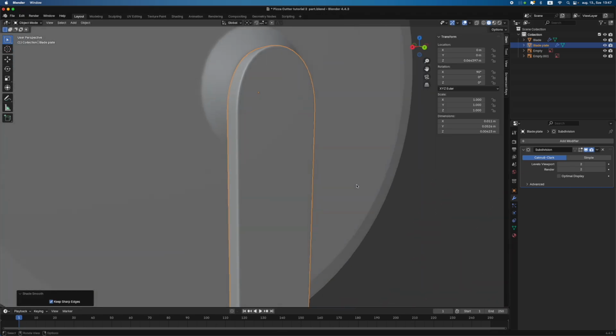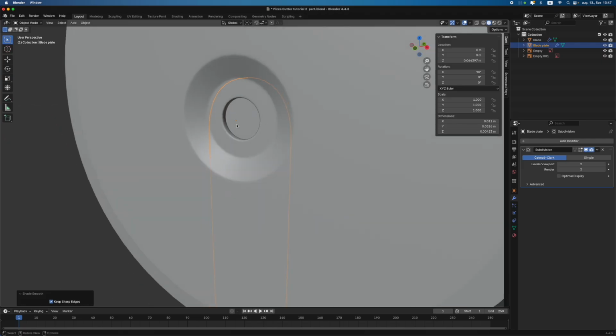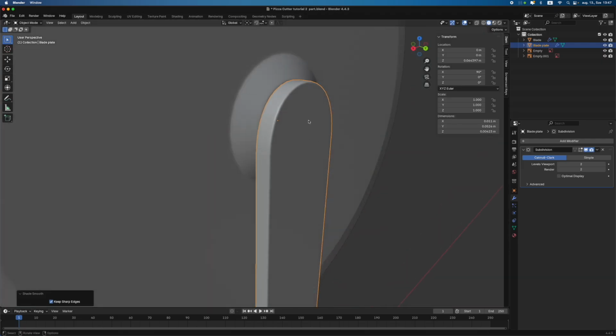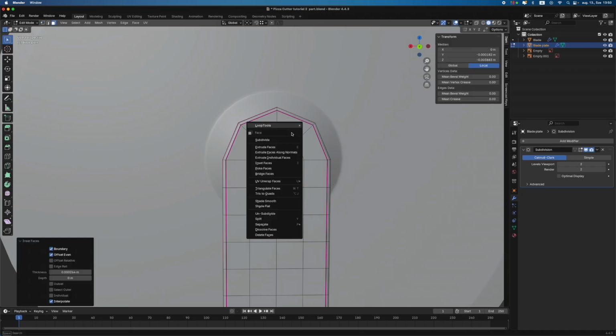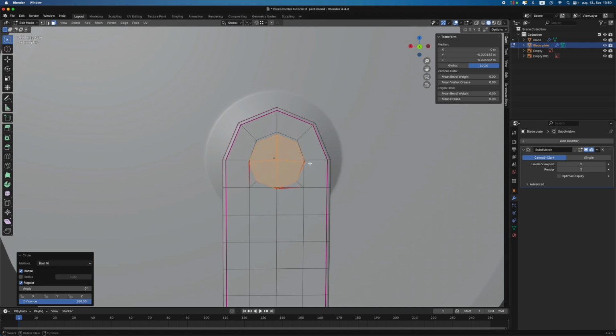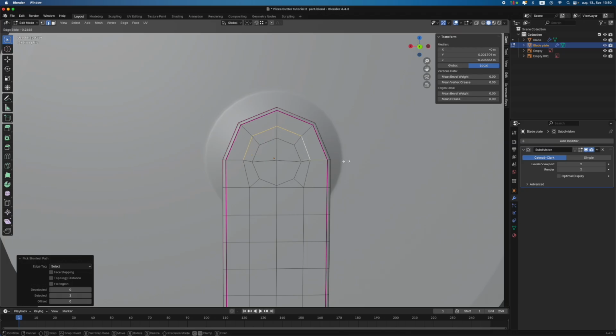But I noticed we made a mistake. We made a hole here, but we didn't make one here. This will be hidden anyways. Actually, we can fix it easily. We have to select these faces and then hit I, then loop tools, circle, scale it a bit in, and now I want to slide these edges a bit of the way by double pressing G. You can slide edges,